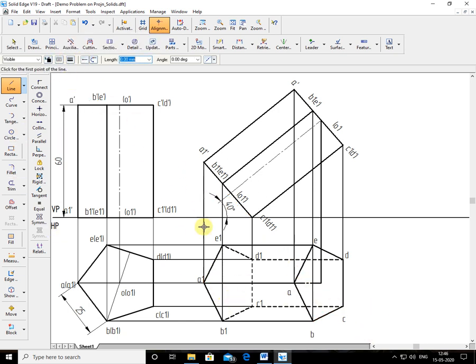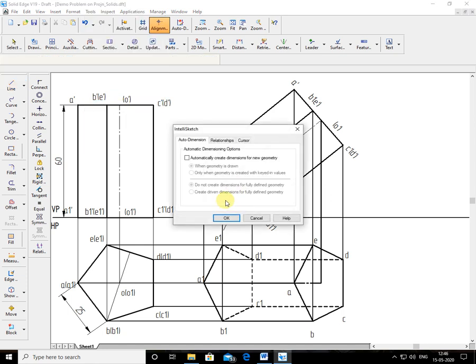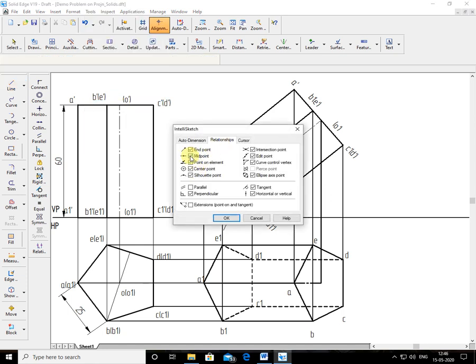Okay, now I'll type here. I'll project this one also. This end point I will project. I use the entire sketch option. I made midpoint off here, I don't want midpoint off.